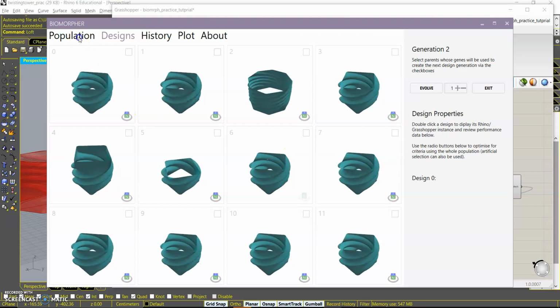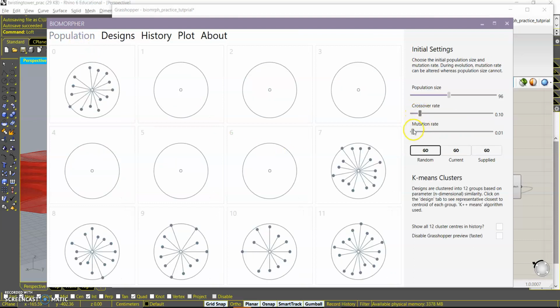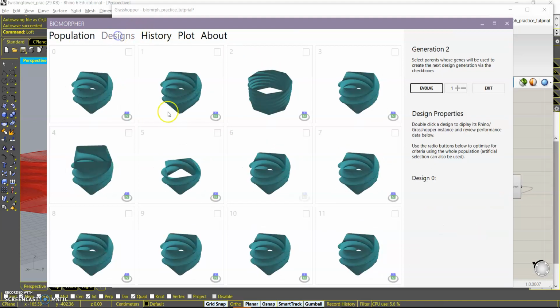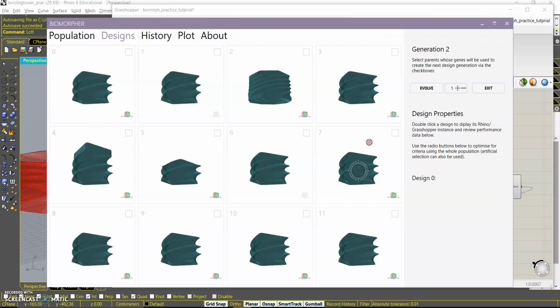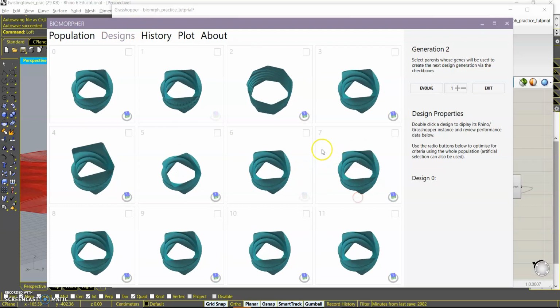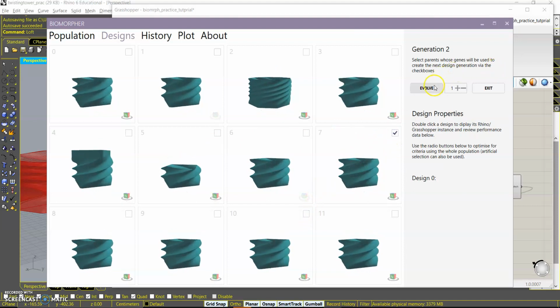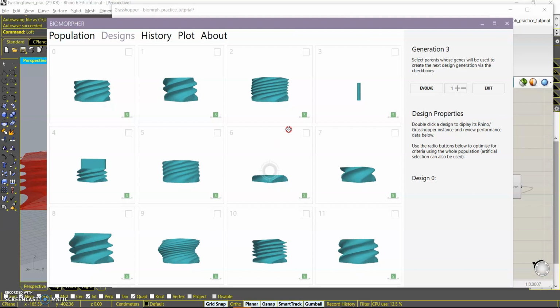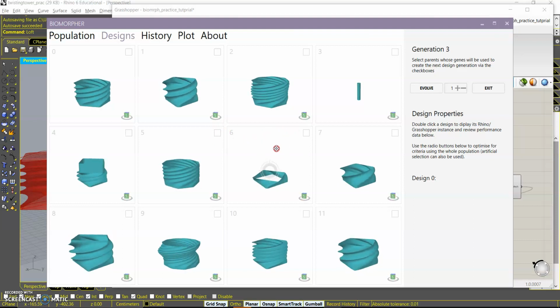So there's a few solutions to this. You can go ahead and you can alter the mutation rate. I can crank this way up, and that just is like how quickly the forms will mutate, like within how many generations. And so even if we just select 1 this time, I think we should end up with a bit more variety because of that height and mutation rate. Yeah, so we have a little bit more variety,